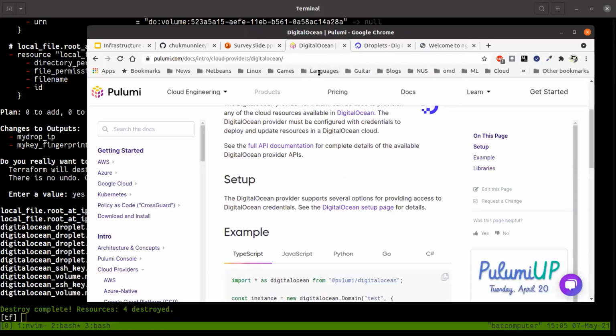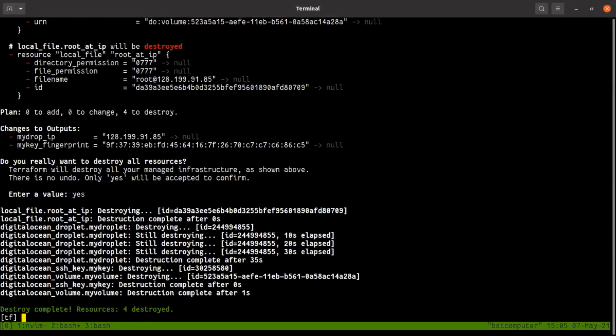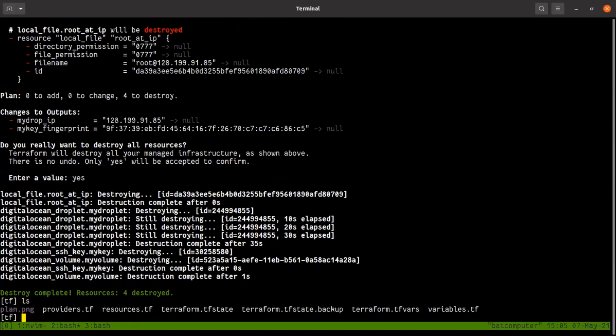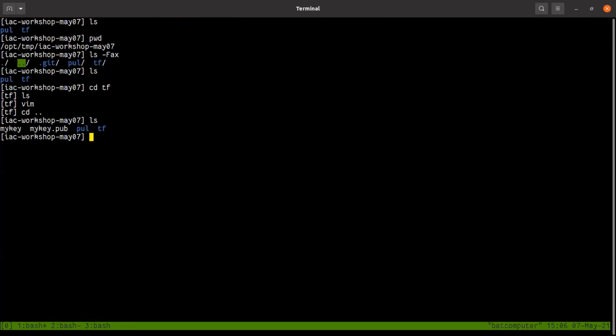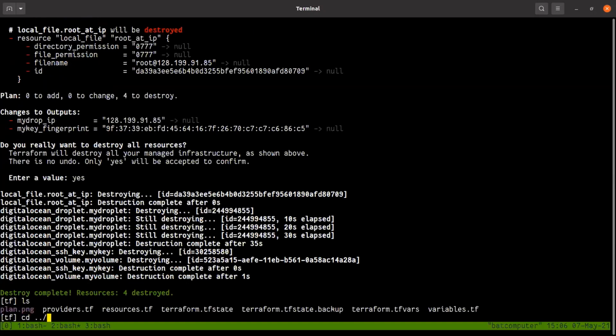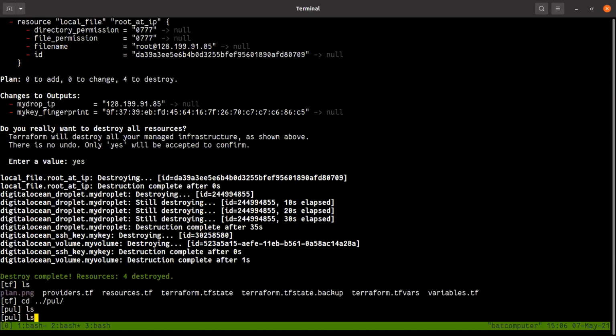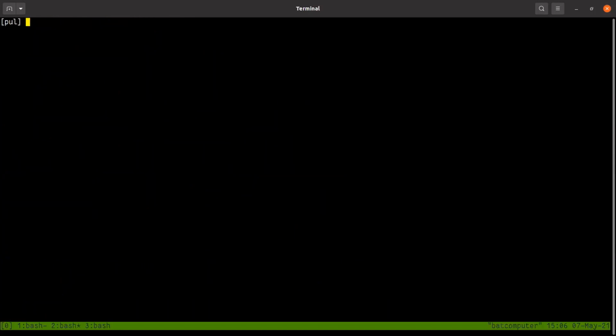The next thing that we're going to do is the same thing, and I'll do it a little bit faster now. We'll now do Pulumi. Again, Pulumi is fairly easy to install. Just one command line. You need to log in. You need to create an account in Pulumi. Once you've installed Pulumi, you just type pulumi.